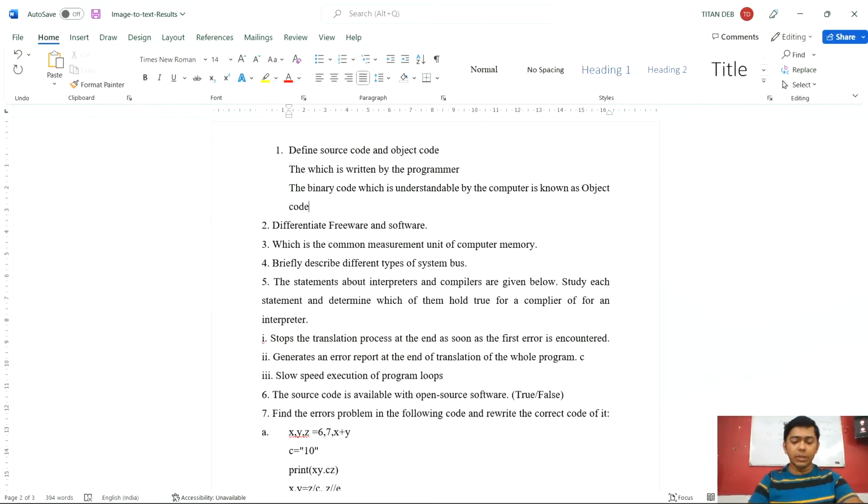Okay, so like this you can write the answer for this question and you will get the full marks. The binary code which is understandable by the computer is known as object code. Or you can say it like this also: the source code which is converted into machine code is known as object code. This is also correct. Okay, next one is